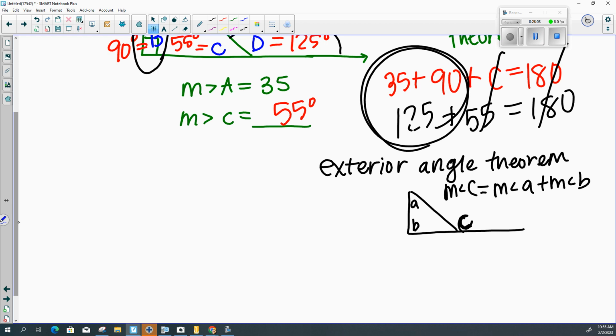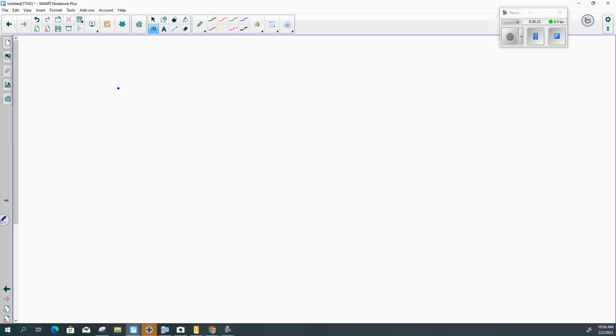Okay, your homework paper has two sides. The first side just gives you triangles or parallel lines with transversals, and you're using vertical angles or supplementary or complementary, or you're using all of these things to find these missing angles. The other side, every single picture has a set of parallel lines and a transversal, and you're just trying to find what x is. Okay, so if this is 15 degrees,